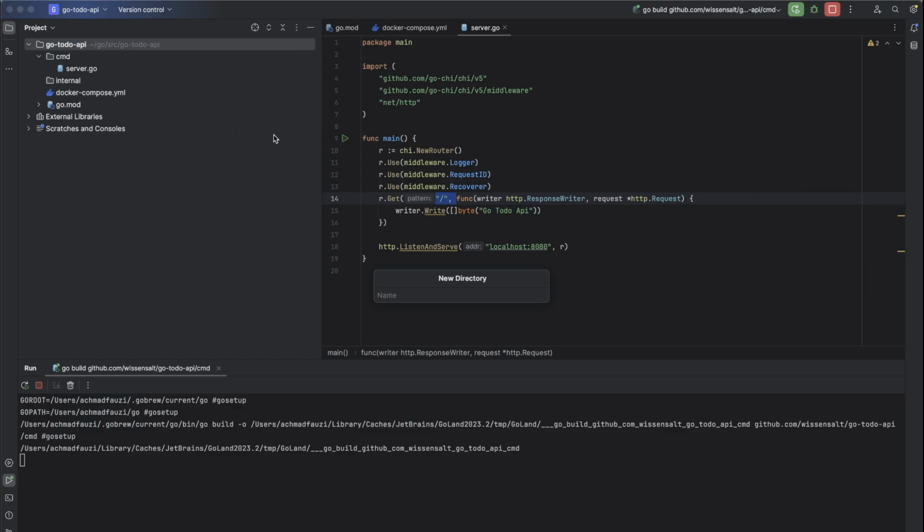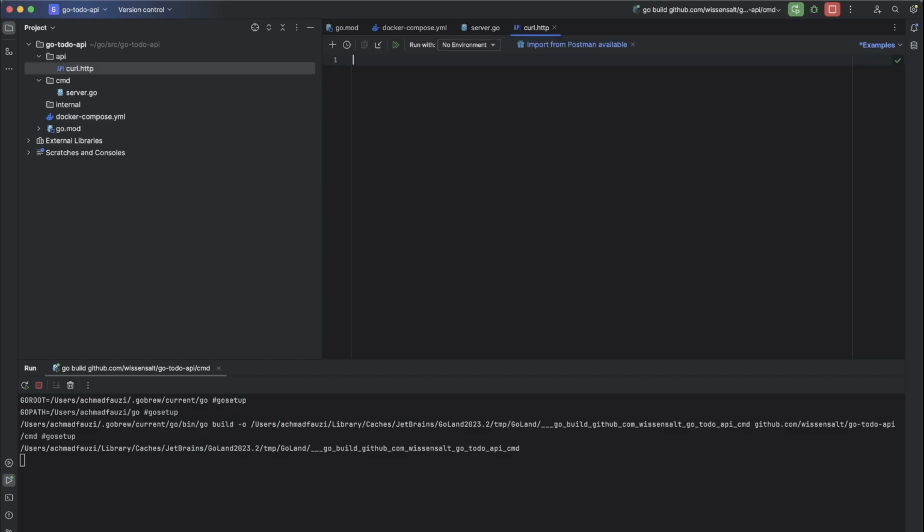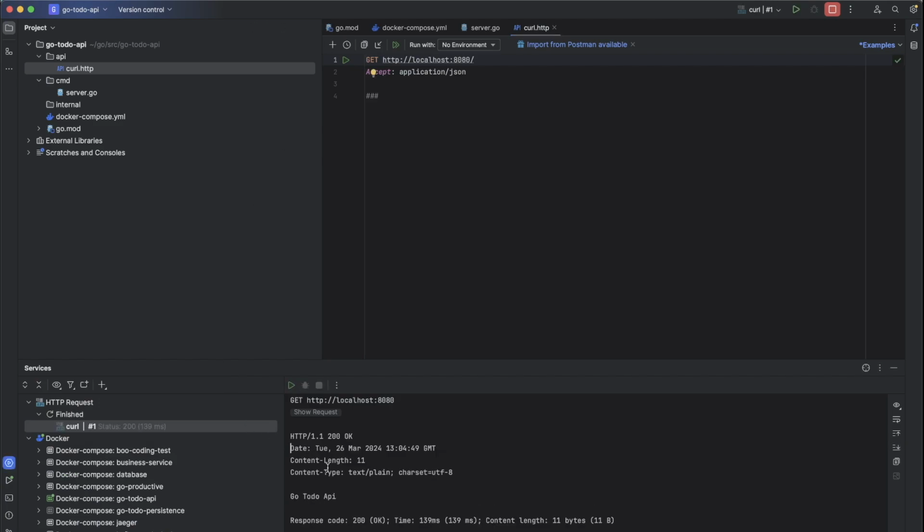There will be a curl request called API directory. Inside of it, we will provide curl.http, get request from 8080. Let's see the result. Okay, we have got the response.